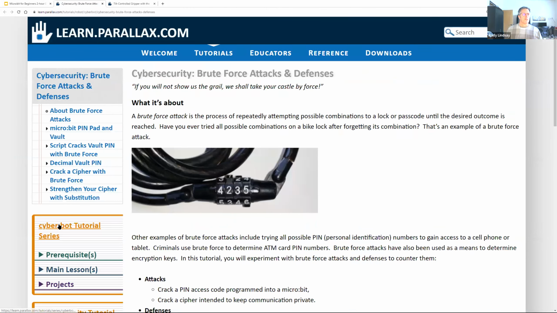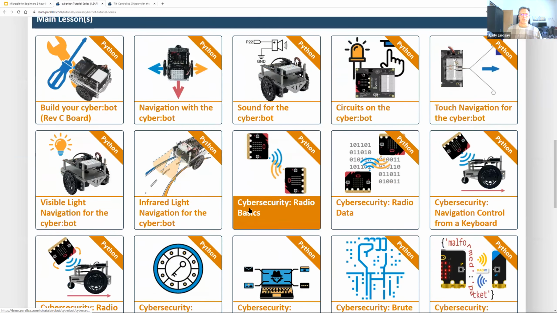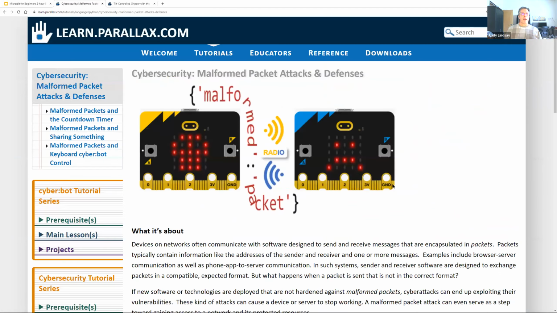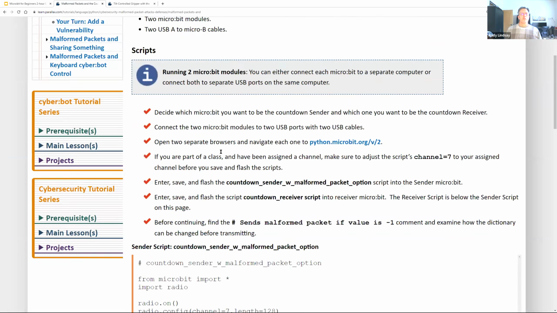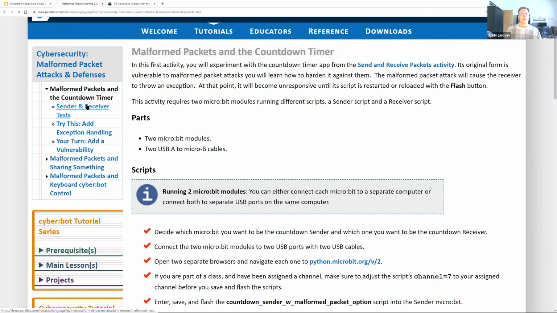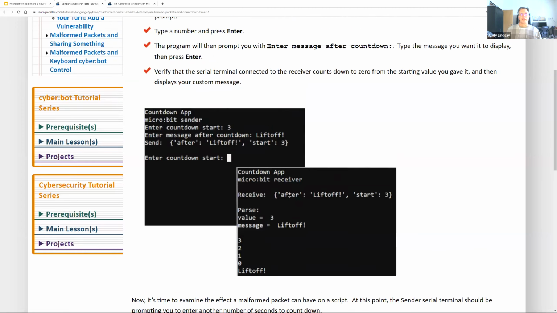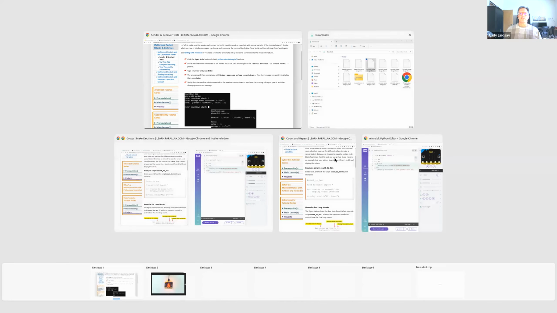So I'm going to back up a little bit. And malformed packet attacks and defenses. So this explains how to do it with just a microbit first. And it shows you, this is the microbit connected to a terminal. And that terminal, by the way, is,